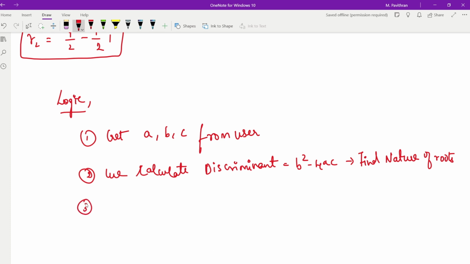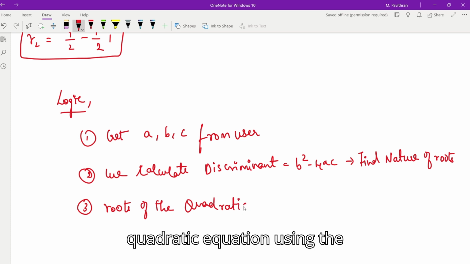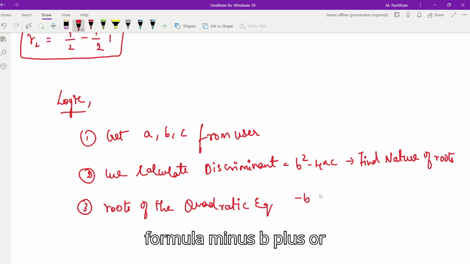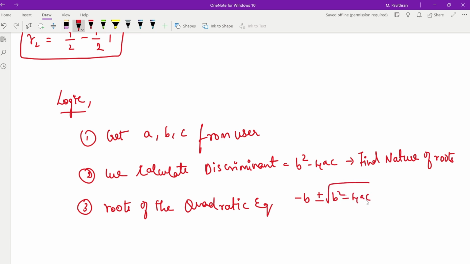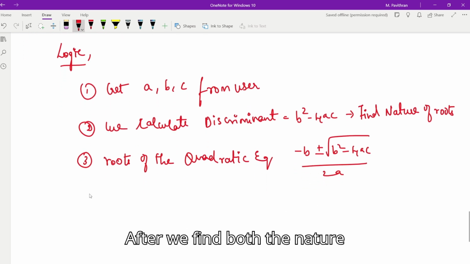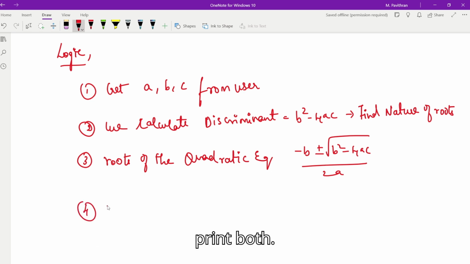Next, we find the roots of the quadratic equation using the formula minus b plus or minus root over b square minus 4ac by 2a, right? After we find both the nature and the roots of the equation, we shall print both